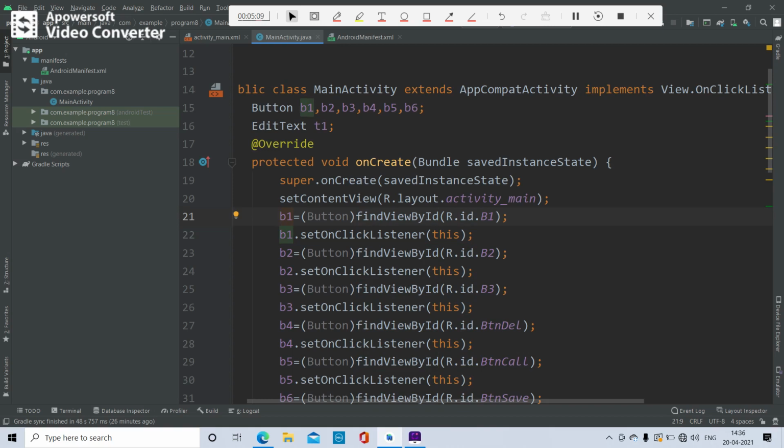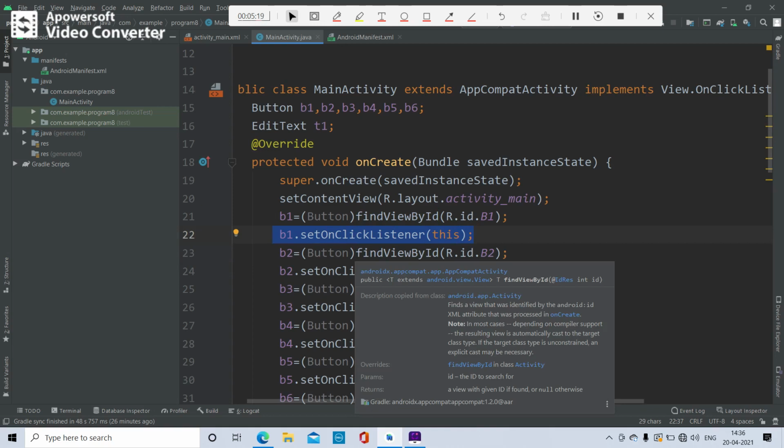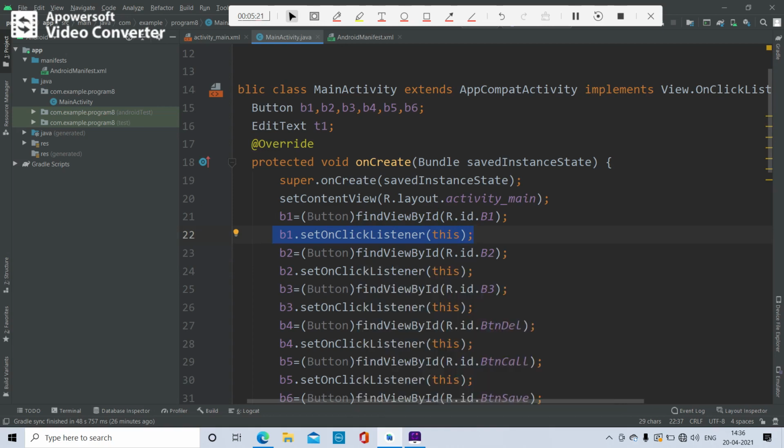Now B1.setOnClickListener(this). This event is used to make the button listen to events, that is, when you click on that button, it should listen to that click event.